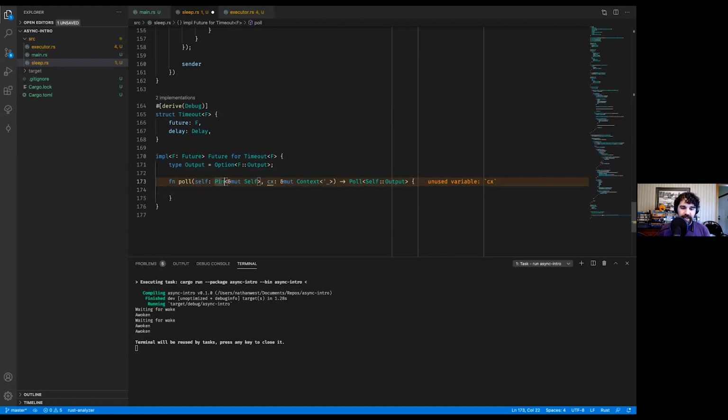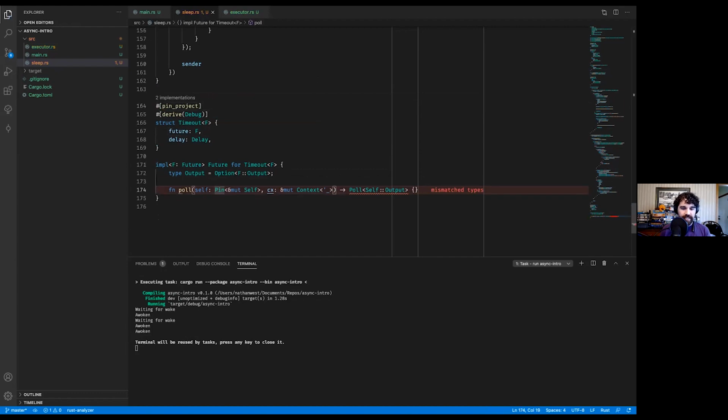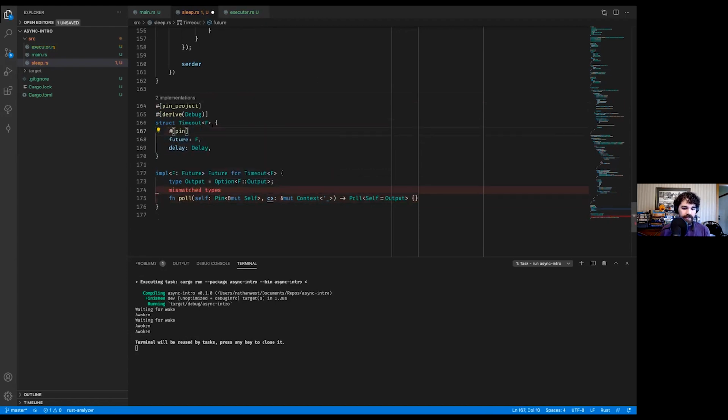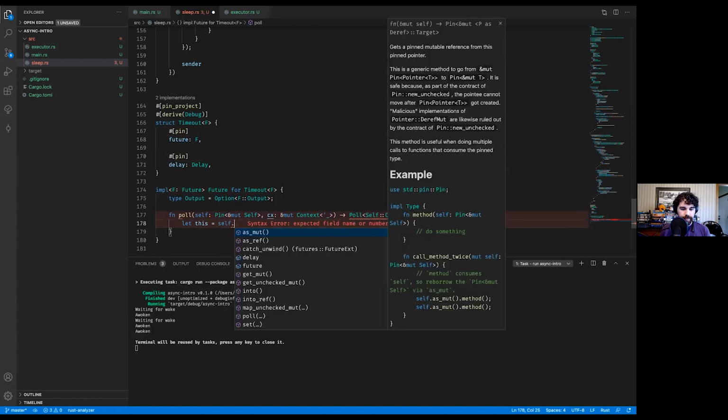Once again, the Pin comes back. Pin is a little trickier here because this future might need to be pinned as well. Once again, we're going to use a helpful library instead of a bunch of unsafe to make this work correctly, which is called pin-project. Pin-project creates a function called project on this type, which turns its pinned reference into an object containing pinned references to the inner thing. We can treat it as magic for now and just trust that it works correctly. So we will say let this equals self.project.